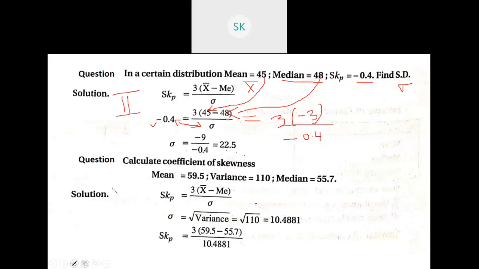Okay, after this the next step will be that. Then if you further simplify them, is equal to 3 into minus 3 is minus 9. Okay, minus 9 divided by minus 0.4. So that is what is the step given here. Okay, minus 9 by minus 0.4, which is equal to your total value of 22.5. Okay, so standard deviation, using all this information we found out the standard deviation, which is to be 22.5. So these are few 2 marks question. Did you understand the first question? Anybody has doubt in the first question?